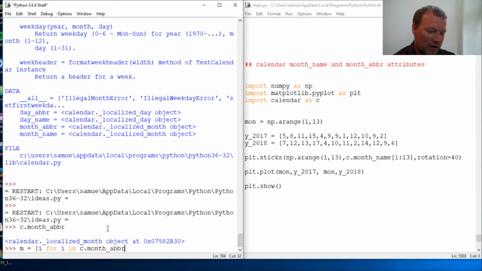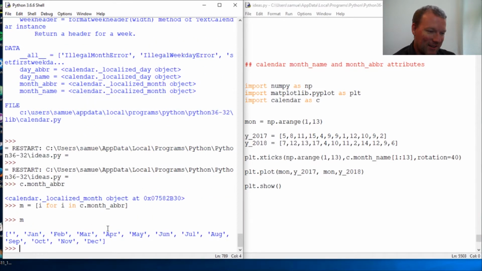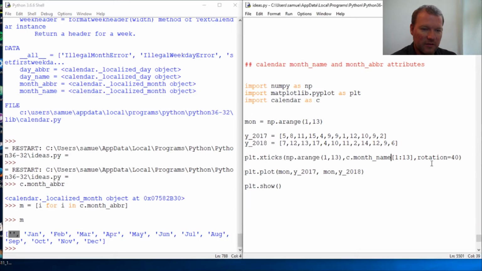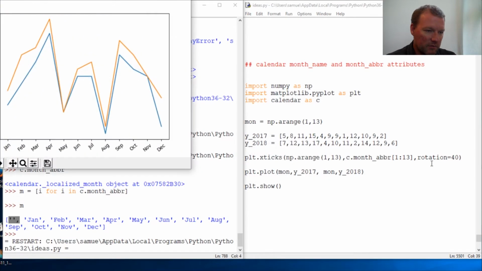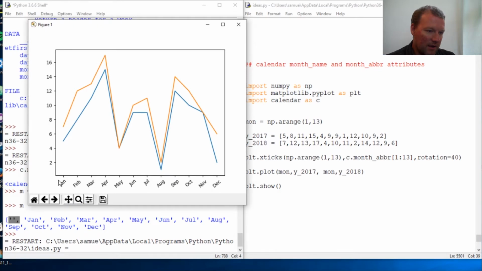Helps if you do the bracket the right direction. There we go. Still the same rules apply: an empty string at index 0. So let's come here, go abbr for abbreviation, keep our same 40-degree rotation, and boom, we now have